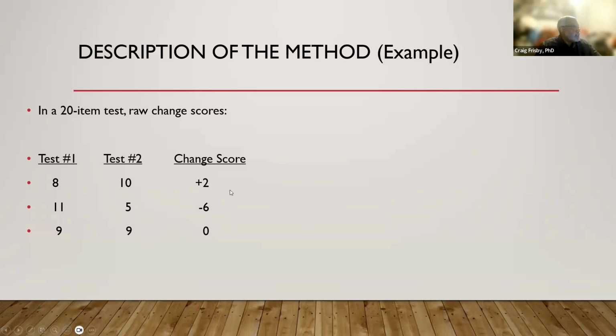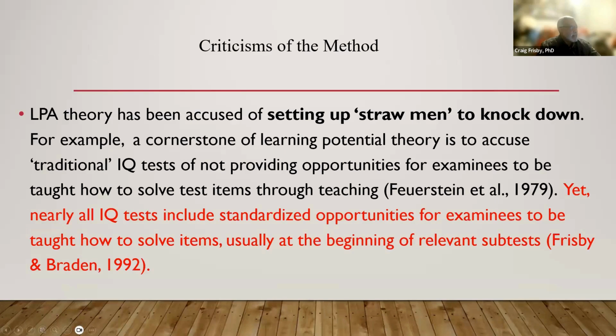Feuerstein would argue that the student who gave you this profile here would be illustrative of a student who has learning potential, and that the regular IQ test didn't provide that, and therefore giving a regular IQ test to particularly students who have bad backgrounds or very impoverished backgrounds doesn't give you a measure of their learning potential. So again, I'm going to go through this real quickly, but basically, I talk about in